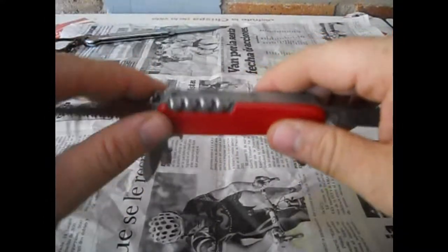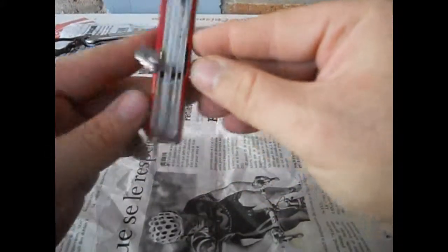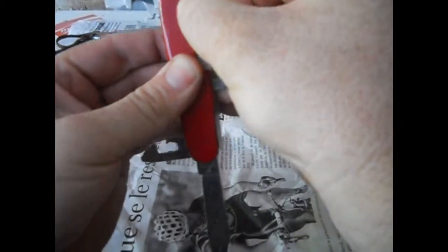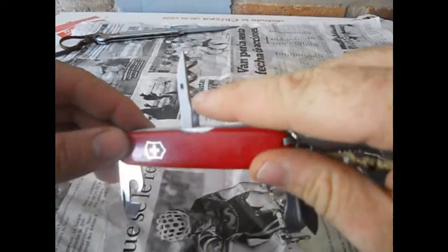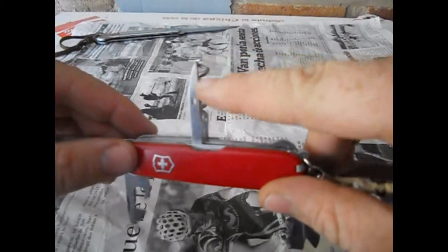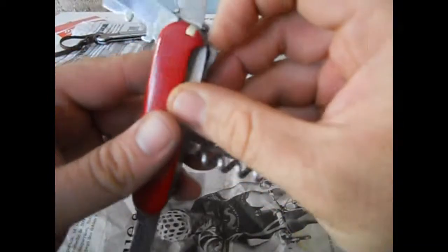On the other side, you have the corkscrew. You have this tool, okay, in here. This serves to punch some things, and you can punch plastic, leather, even wood. And the last tool that you have,